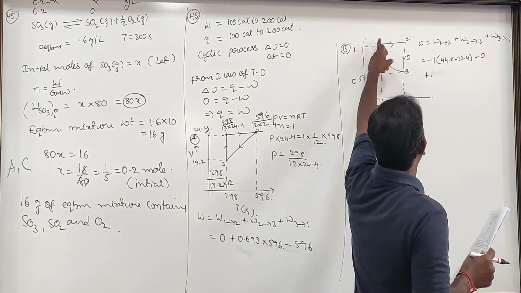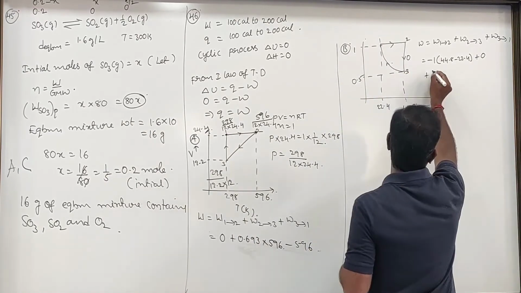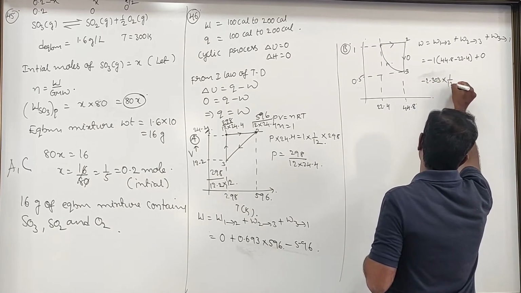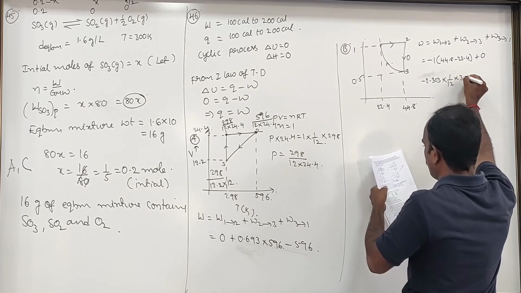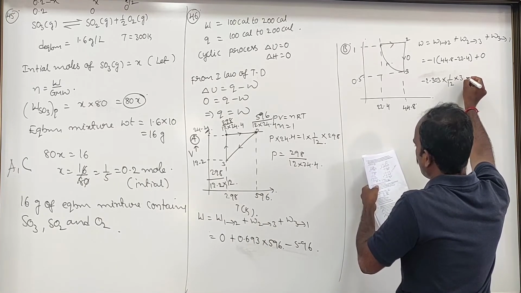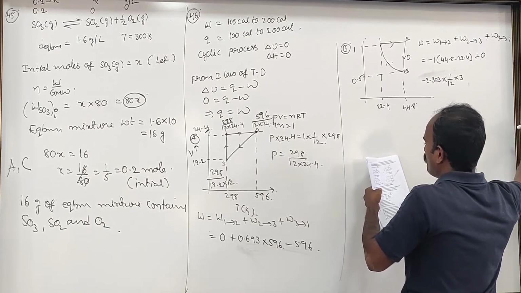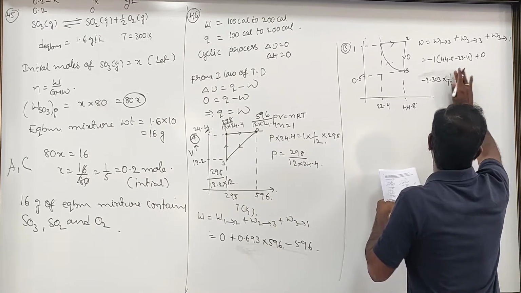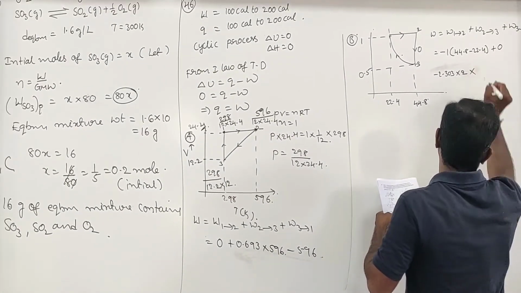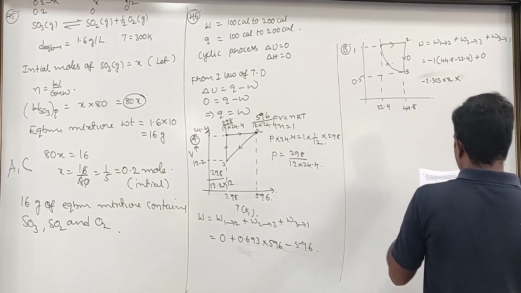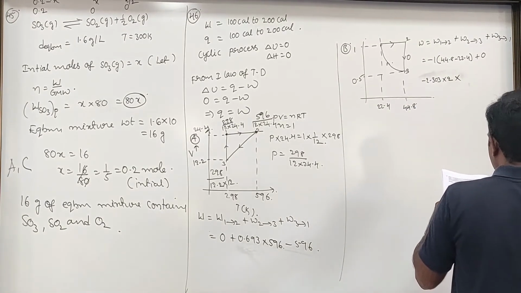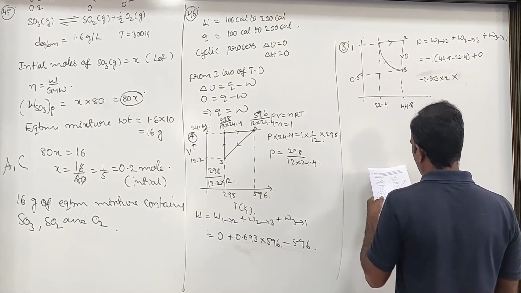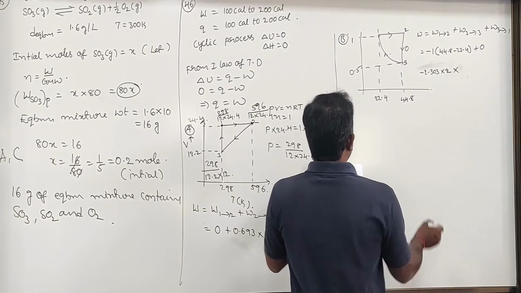If you see this one, this is going to be reversible. Now here the formula is going to be minus 2.303 R into 1 divided by 12 into 300. Temperature is given. If temperature is not given, we have to calculate the temperature value also. Now the R value you can substitute as 2, into temperature which is not given. We have to calculate the temperature because it is an isothermal process. P1 V1 is equal to P2 V2 is followed here. Therefore, we have to calculate the temperature now.